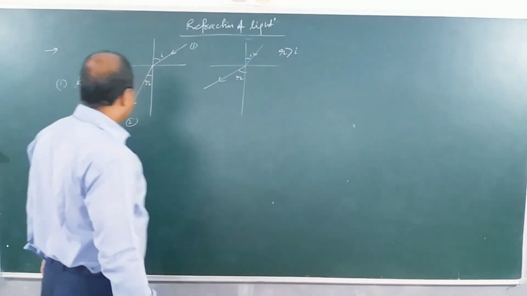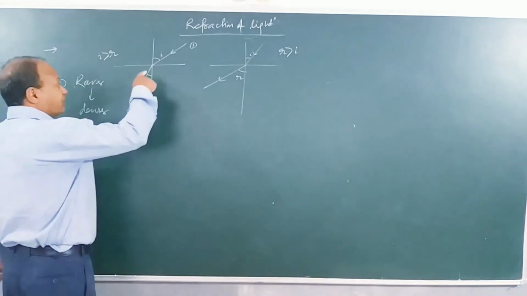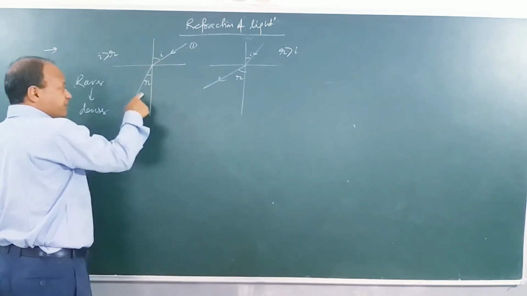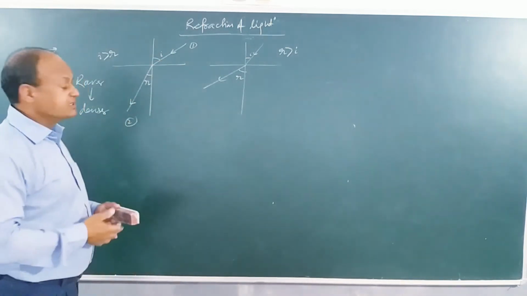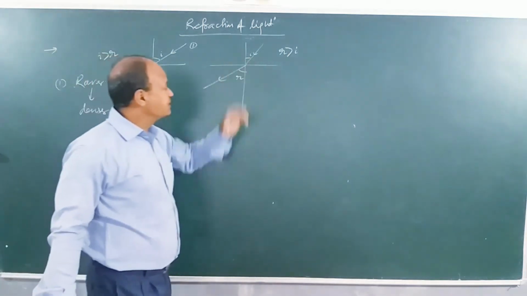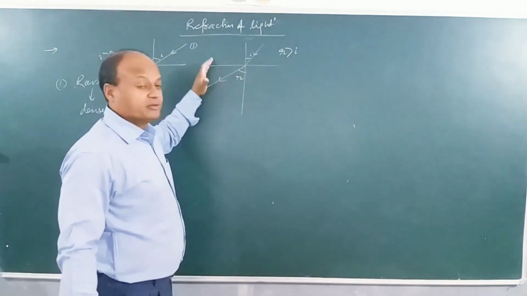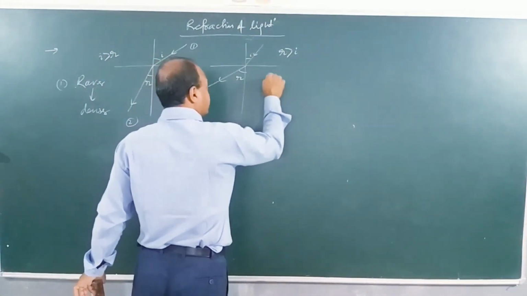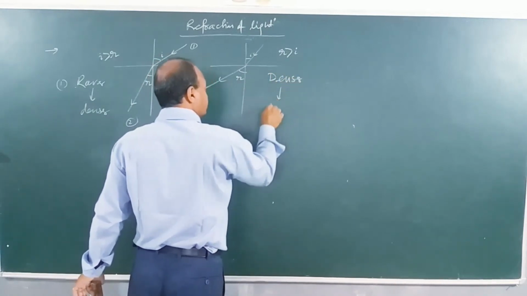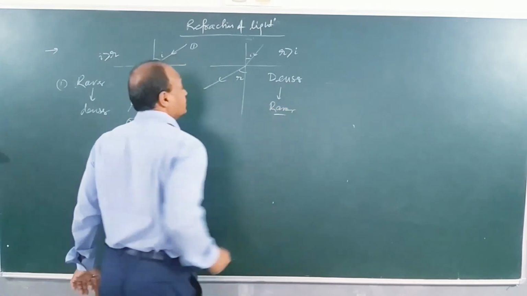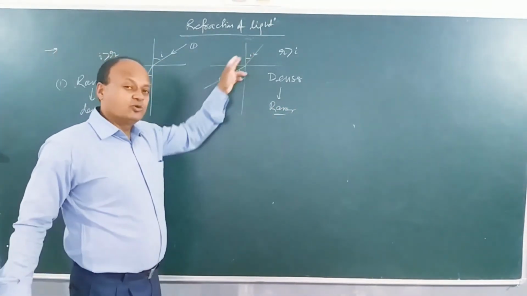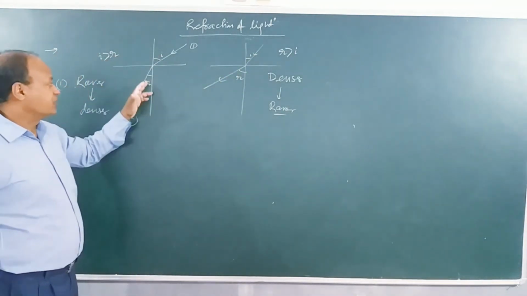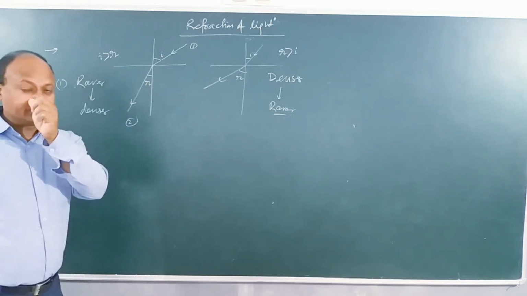Now, why does it so happen? Like I told you, when the light turns from a light to a heavy medium, rarer to denser medium, its speed will decrease. Speed will decrease, so it will bend towards the normal. In this case, you can see it's bending away from the normal. So whenever it's bending away from the normal, that means going from denser to rarer. So if it is denser to rarer, heavy medium to light medium, it will bend away from the normal, and rarer to denser will bend towards the normal. So whenever you construct images, you should be very careful about this.